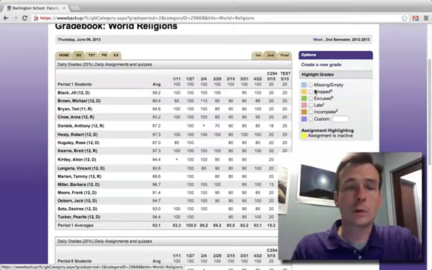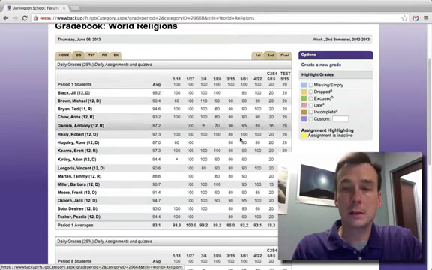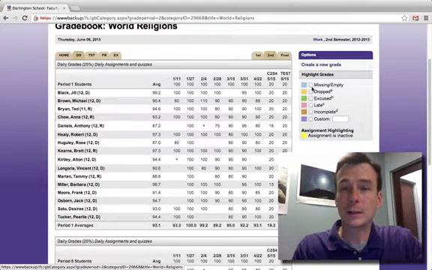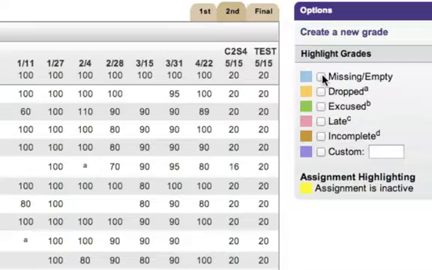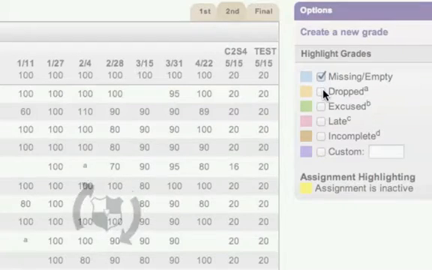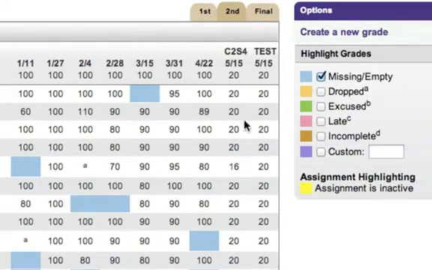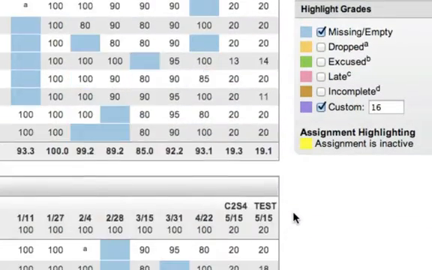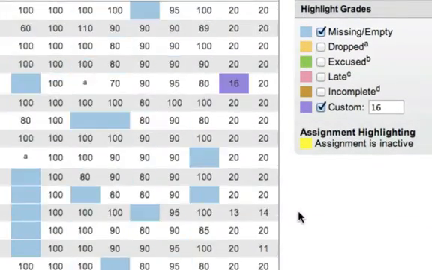To help sort some of these grades out when they start to collect up like this, you can optionally use this little toolbar on the side to highlight, for example, missing grades, just to help you see them easier. You can actually do a custom, for example, if you wanted to see everybody that had a 16 in it, and you can click out of that and it will highlight those grades for you. Just a little way to help make a little sense out of some of this chaos as those gradebooks